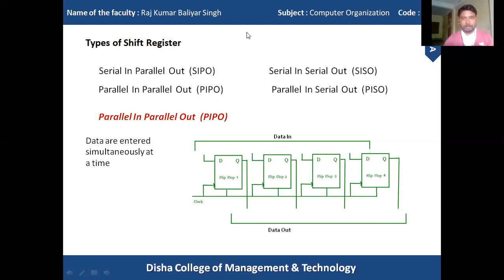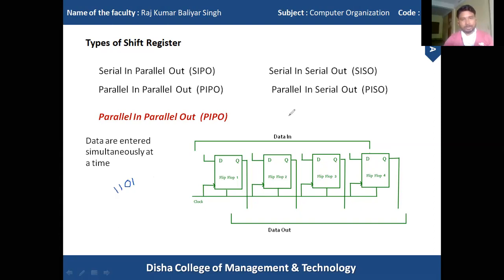So suppose I have a number. Let me change it. I have a number 1101.